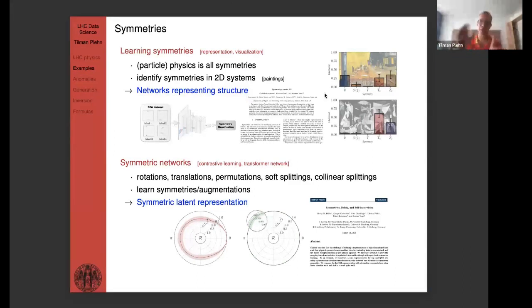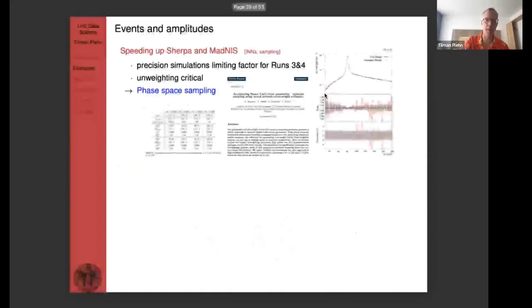If you want to incorporate symmetries in jet physics, for instance, there are symmetries like a rotational symmetry, or think of quantum field theory and the fact that a soft gluon radiation cannot change the pattern of a hard quark. You think of that as a symmetry or an invariance as well, and put all of this into your network to analyze jets. The technical tools you use for that are contrastive learning and transformer networks. It's great fun to play with. I won't be able to talk about this today.